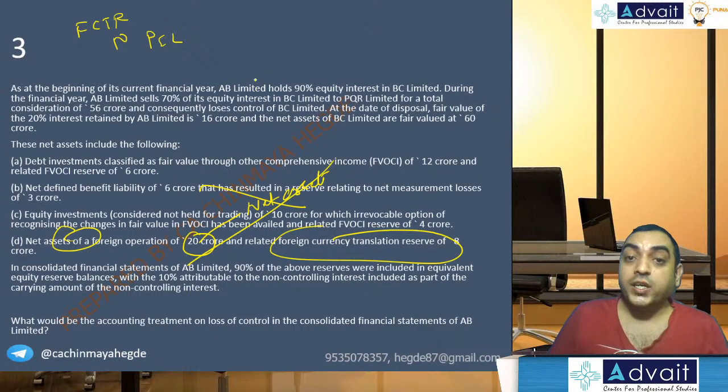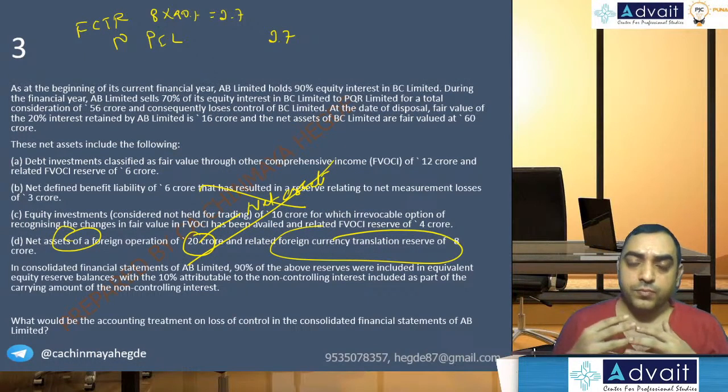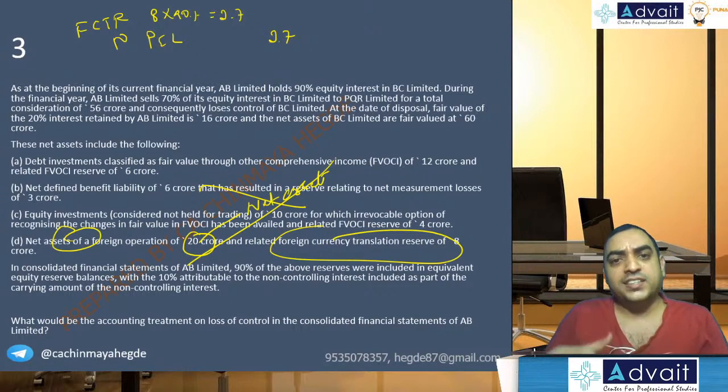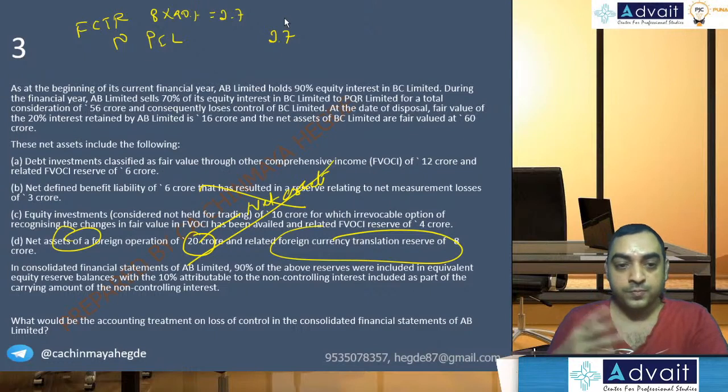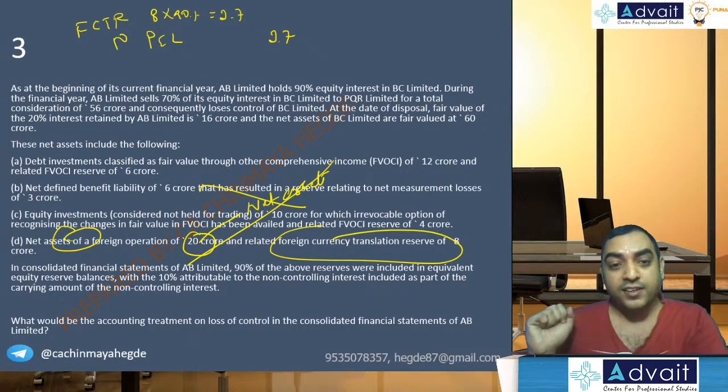How much? Not the entire 8 crore, 8 crore into 90%, which is 7.2 crores. So we can say that FCTR account to P&L, it's a reclassification, so it will go to Con-PL account 7.2 crores. So I think only the first point we spent about half an hour, but